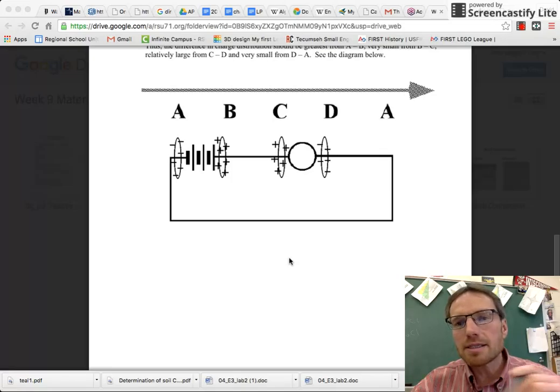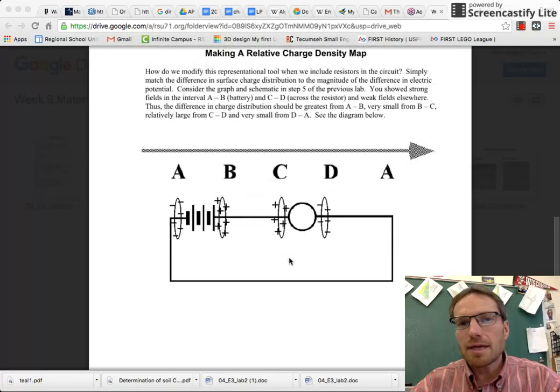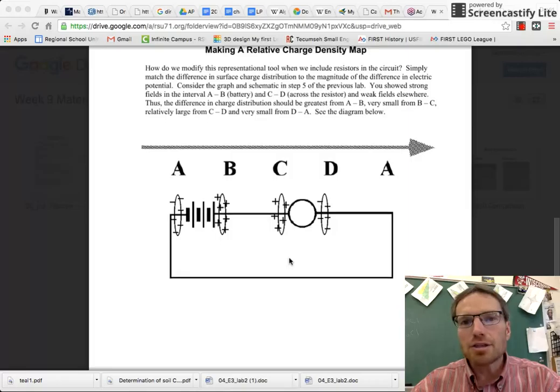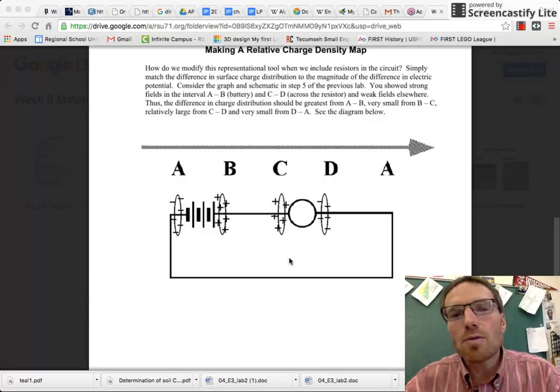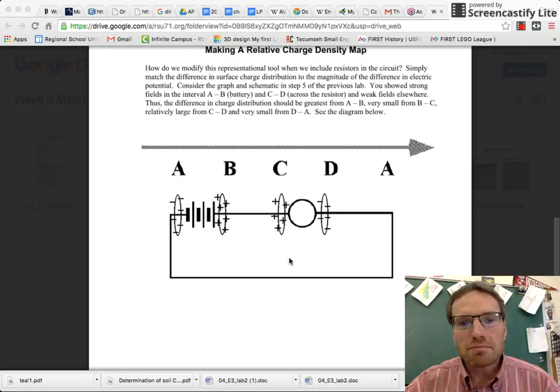But according to this diagram, this arrow is showing that the direction of the electric field would be from A to B, if I'm understanding that correctly. But actually, it should be directed from B, the more positive terminal, to A, the negative or less positive terminal. And so that's one mistake, I believe, or at least a confusing point about how this diagram is showing us how the electric fields